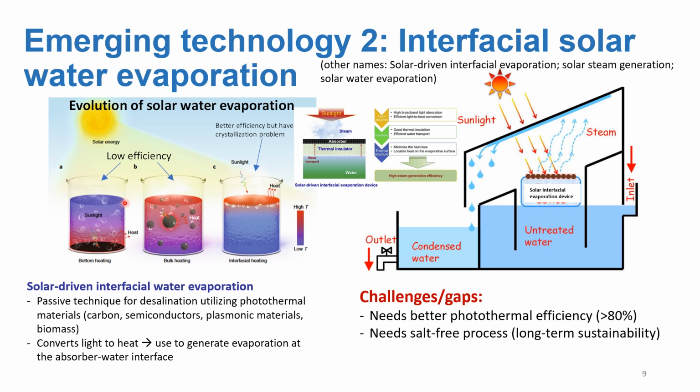So the first design, many years ago, was to put the solar absorber at the bottom of the water. So this looks like a solar still. In this case, as you can see, there's bulk water here and the solar absorber is at the bottom. So sunlight is illuminated here, and because of the bulk water volume, the light that comes in is diffused, and so the heating of the solar absorber is not so efficient because there's already a lot of diffusion of the light here. So only less light has been converted to heat. So this is a less efficient design.